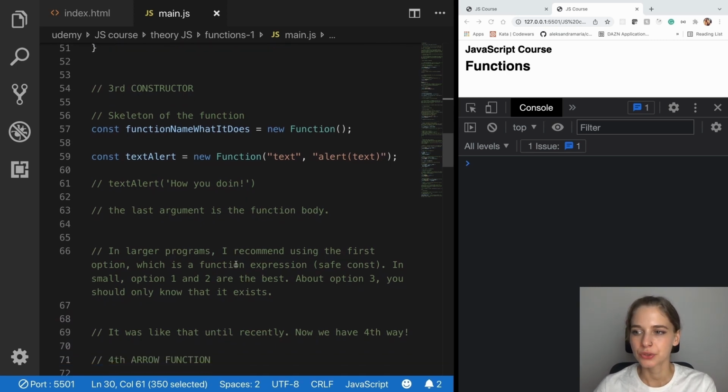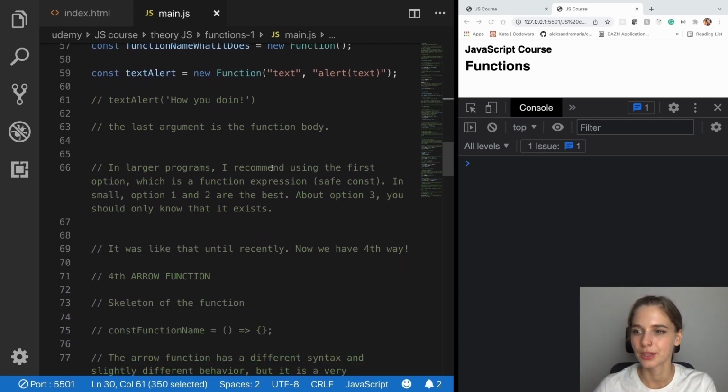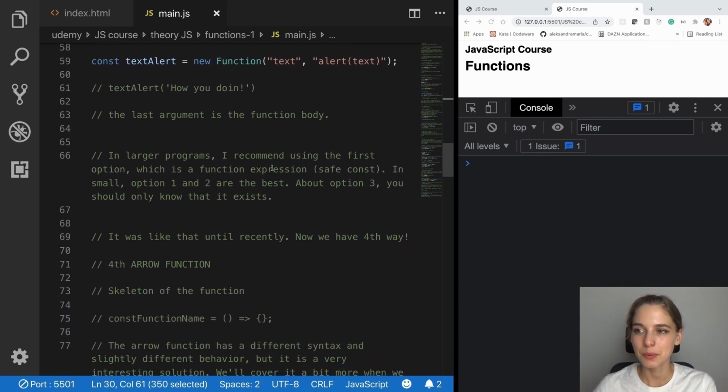Option 1 and 2 are great. Obviously option 3 is not great, and it's just for you to know that there's a thing like a new function and creating a function by constructor function. Cool. And that was it until recently, because in